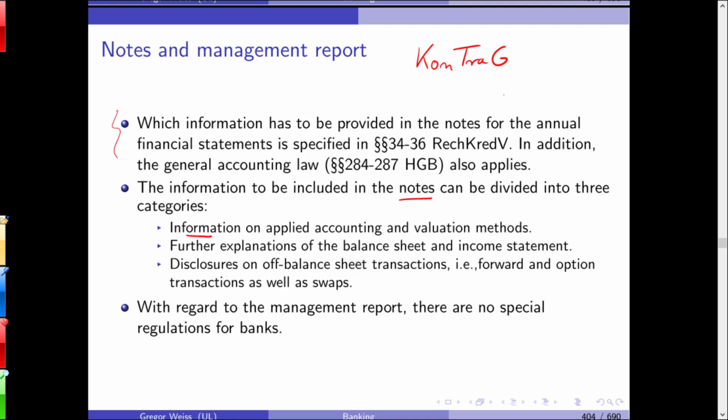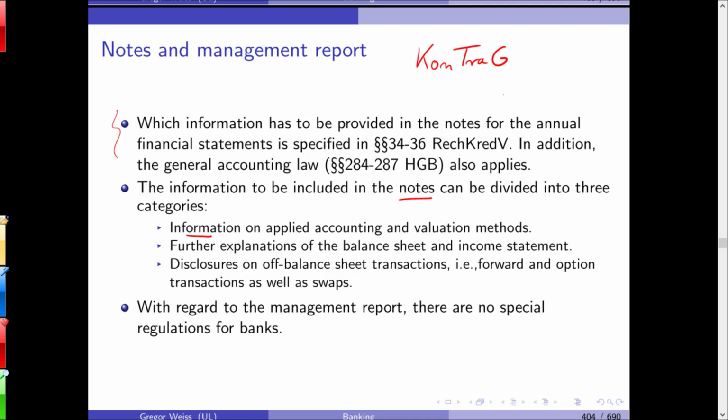But if you grow larger and larger, at some point the risks of your business will increase, and this law very generally requires you to think about risk management and to have a proportionate and appropriate risk management in place. For banks and insurance companies, this wasn't a big surprise, but for industrial firms, this law for the very first time in Germany requires companies to have a risk management report and to state their risks and report on how they have dealt with and managed them.